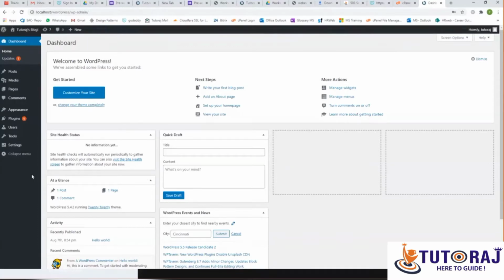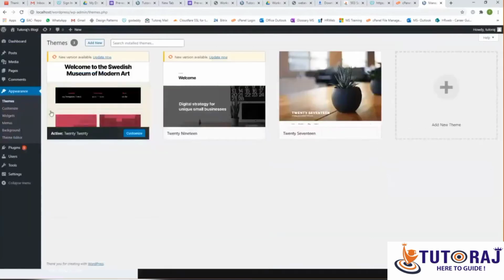I hope that most of you would have reached this page. Now click on appearance in the top left. In the dashboard section on the left, you will have appearance. Just hover your mouse over it. It will show a few options on the right side like this. Amongst these options, click the first one called themes. You will get a page like this.